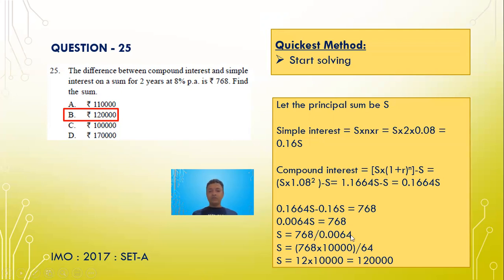What is 0.0064? It is 64 divided by 10,000. So 64 will remain at the bottom, 10,000 will come at the top. So it will be 768 into 10,000 upon 64. And 64 into 12 is 768. So it will be 12 into 10,000. So 12 into 10,000 is 1,20,000. So the actual sum is